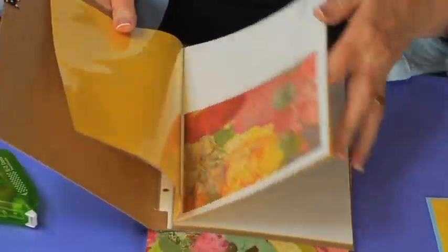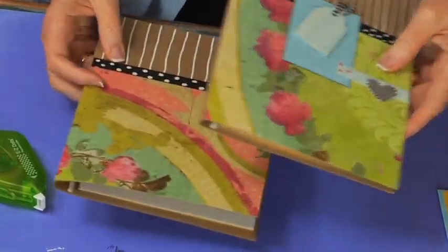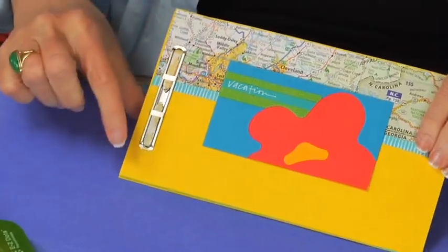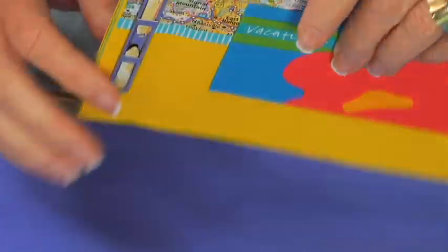And I tell you, once you've made a few from scratch yourself, I think you're going to be hooked on how personal you can make it. As I said, I haven't decided what photos are going in this yet. I have one that I've created for vacation photos, and I've not yet attached the photos, but I thought I would show you. In this case, instead of the prong fastener going inside, it's covered with the back page, and